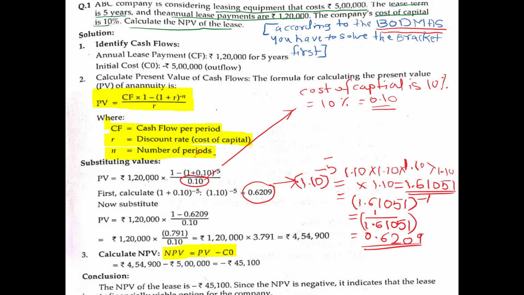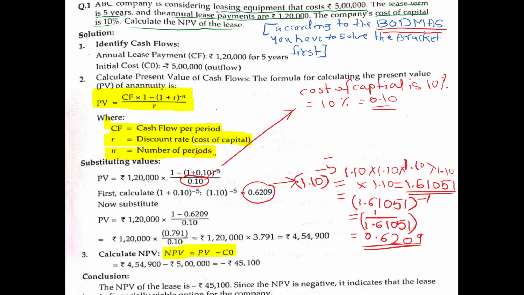Next, substituting the values according to the formula: PV = CF, where CF is ₹1 lakh 20,000, into 1 minus (1 plus